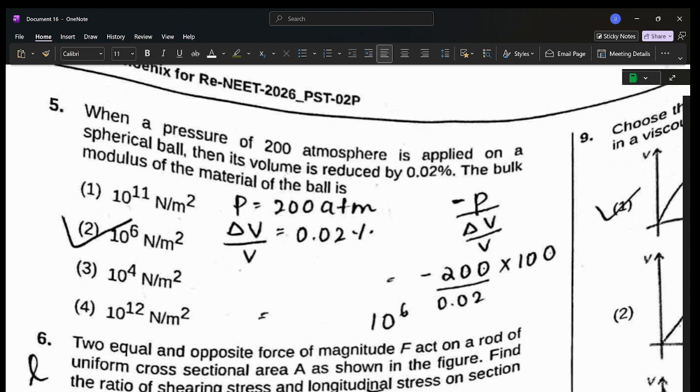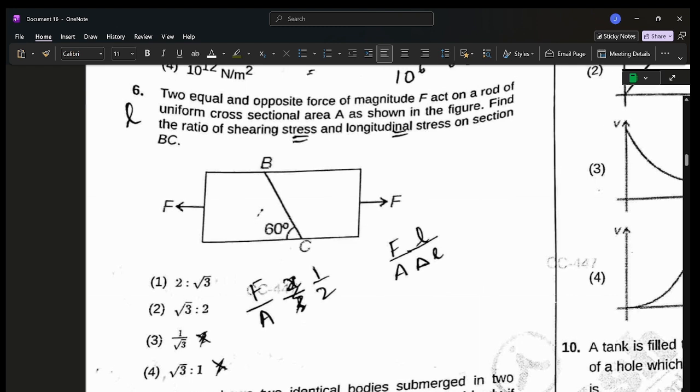Okay, roughly speaking, 1 atm is 10 power 5 Newton per meter square. So this is what you need to remember. So what are we going to do here? 10 power 6 we're going to convert. We're just going to multiply it with 10 power 5. You're going to get 10 power 11. So that is the answer. 10 power 11 Newton per meter square. Good. Good question. Now moving on to the next question, which I was